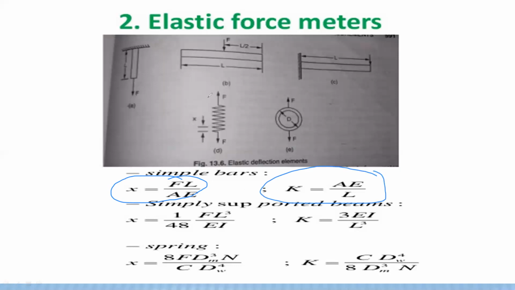Suppose I am taking a spring elastic force meter. In this elastic force meter, there is a spring. One end is connected to the fixed point of the calibrated scale, and at the other end we add some amount of weight. How much weight or force you apply at the other end, the spring will be expanded by that much.